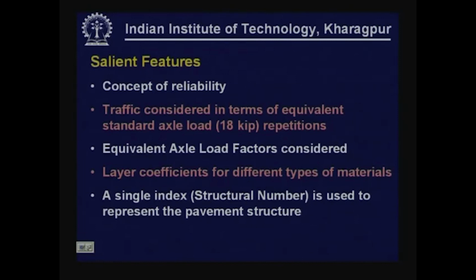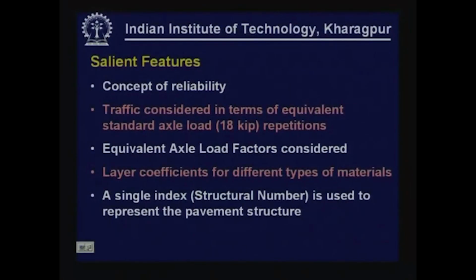Another concept that has evolved out of the AASHTO road test and has been used in AASHTO pavement design guidelines is the concept of layer coefficients to represent the contribution of individual layer materials, individual components, towards the performance of the pavement. Stronger materials would give more contribution to better performance, accordingly it will have higher layer coefficient. So, the materials are represented in terms of their layer coefficients and not in terms of the elastic modulus value